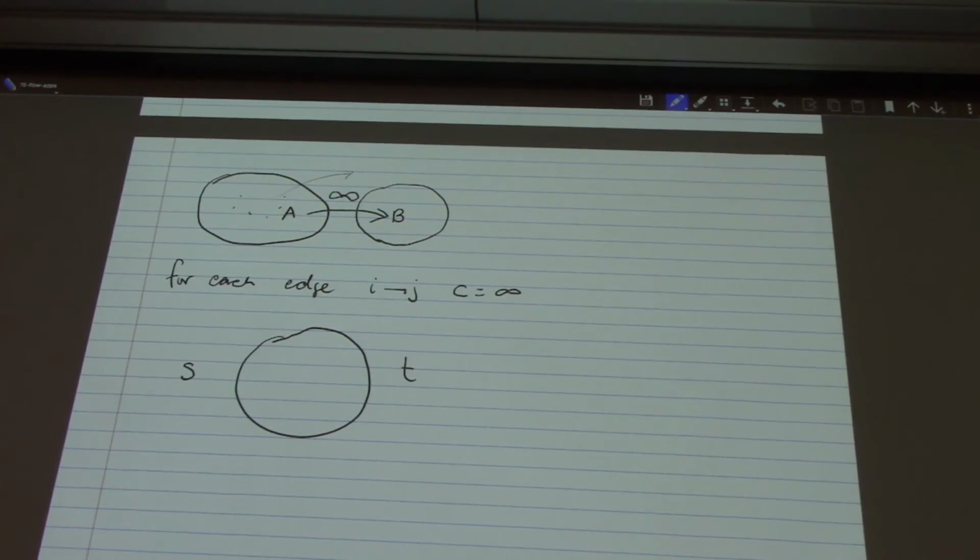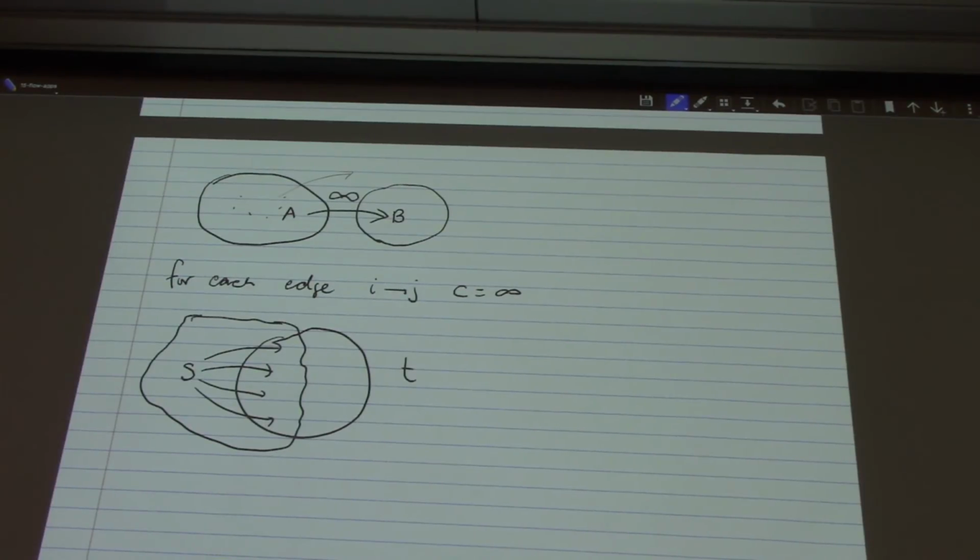So again, imagine that I add some edges from the source to every vertex. And now I compute a min cut. A min cut, not a max cut. And so there's some kind of cut here. What is the cost of this cut? What is the value of this cut? The value of this cut is